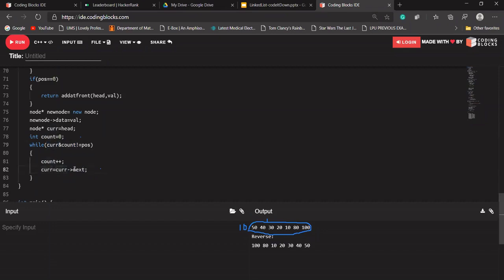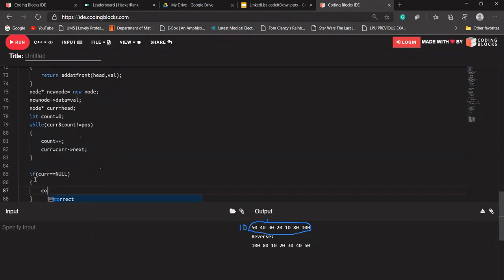If we are trying to fetch its next index, we should always check whether current exists or not. Okay, if we have come out of this loop, this means the loop has been broken. There are two chances why this loop has been broken. Either current is equal to null. If current is equal to null, this means we have reached the last null value, and the count was not equal to the position.